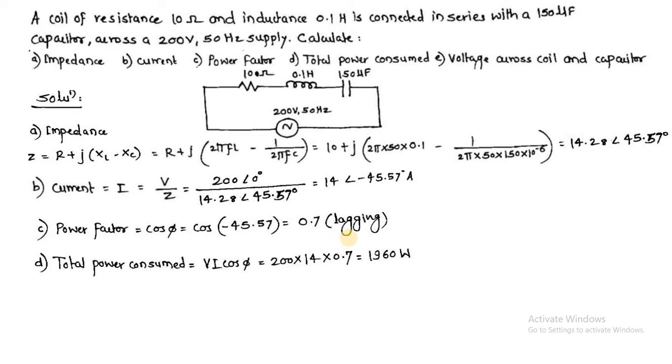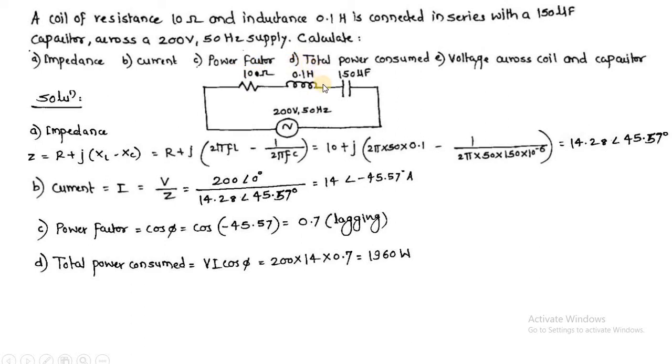Okay. Now the last parameter, that is voltage across coil and voltage across capacitor. See, voltage across capacitor we can call VC. But voltage across coil means what? In the previous classes I think I have explained the difference between coil and inductor. Inductor means only L. But coil means the combination of R and L. So voltage across coil means they are asking you to find out the voltage across this RL part.